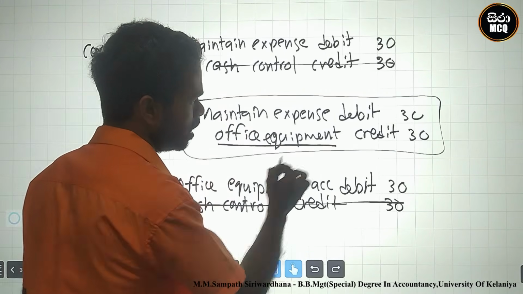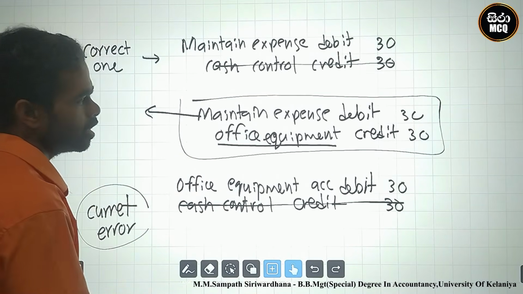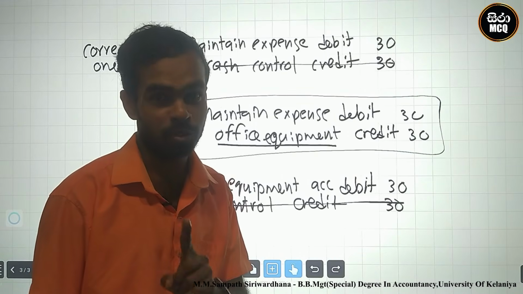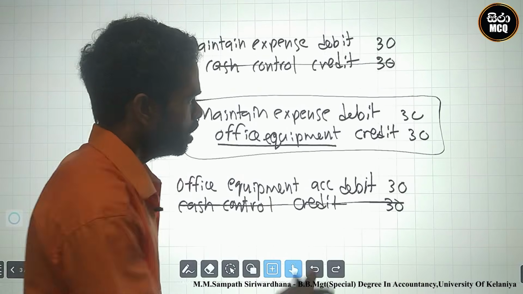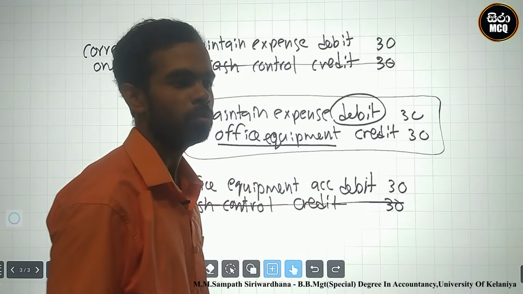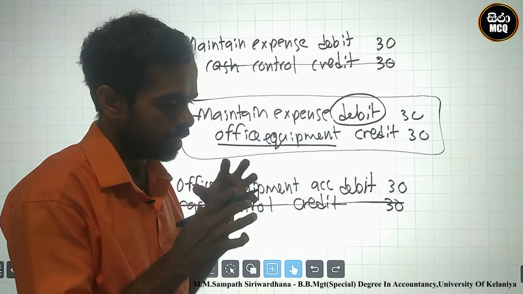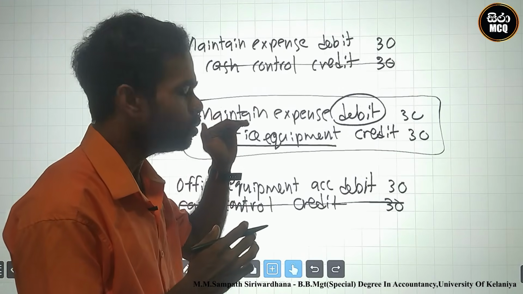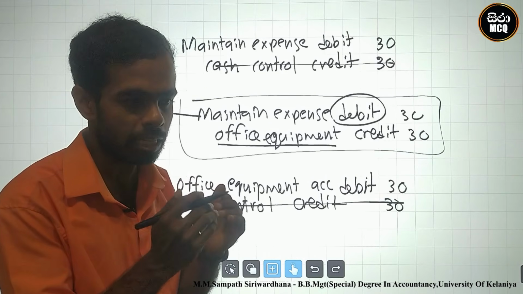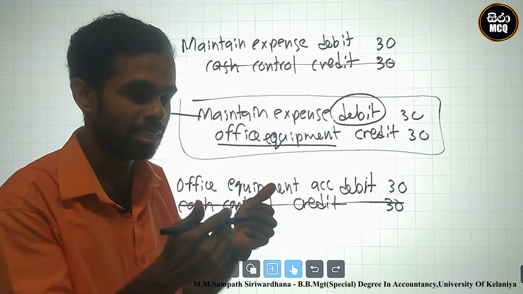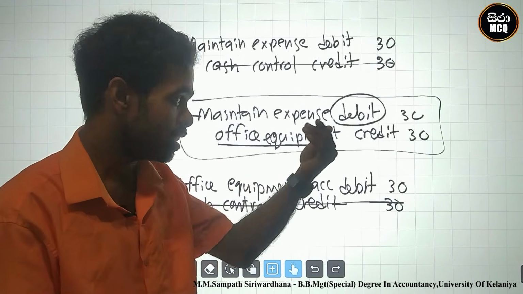Office equipment is an asset. This is not related to profit. But maintain expense is related to expense, profit for the year. The maintain expenses are administration expenses. Expense was debit. You must identify another expense 30. Why? At the error correction, we debit maintain expense. Debit to maintain expense means we identified a new maintain expense 30.